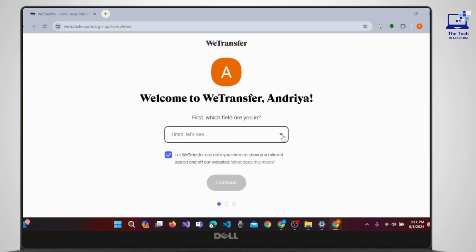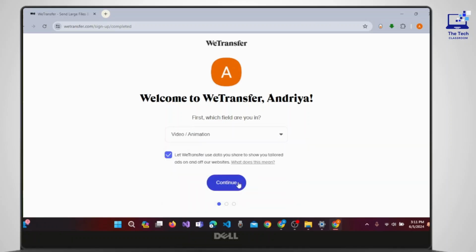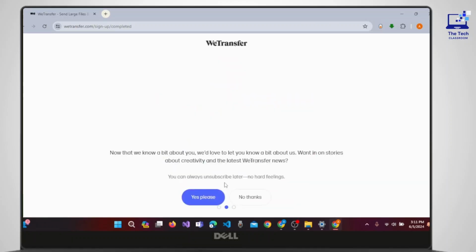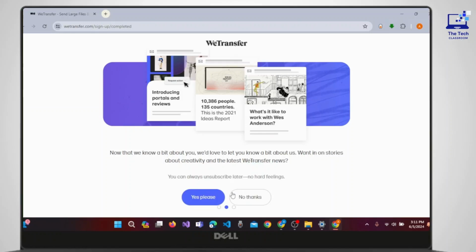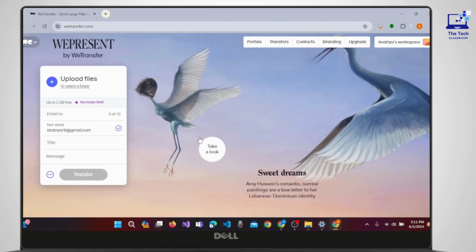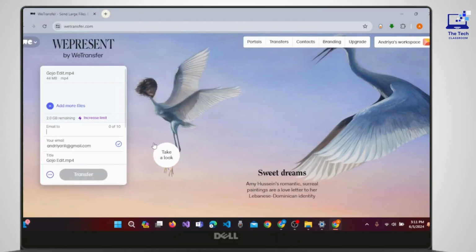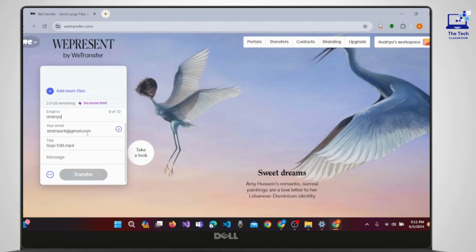So let's choose which field we are interested in. Let's click on video or animation and click on continue. Let's click on no thanks and go to send files. Once you have done that, you need to simply click on upload files before we get the link, and click on open. Here you can easily enter the email address